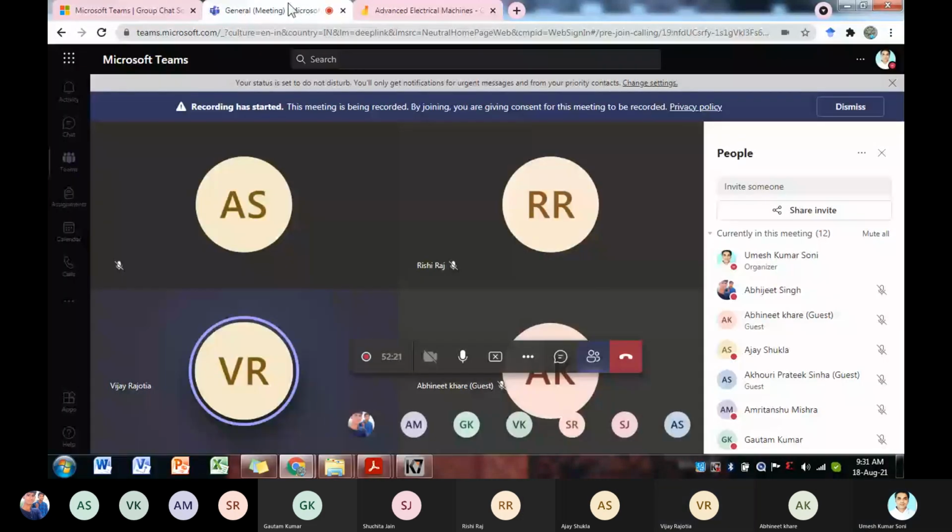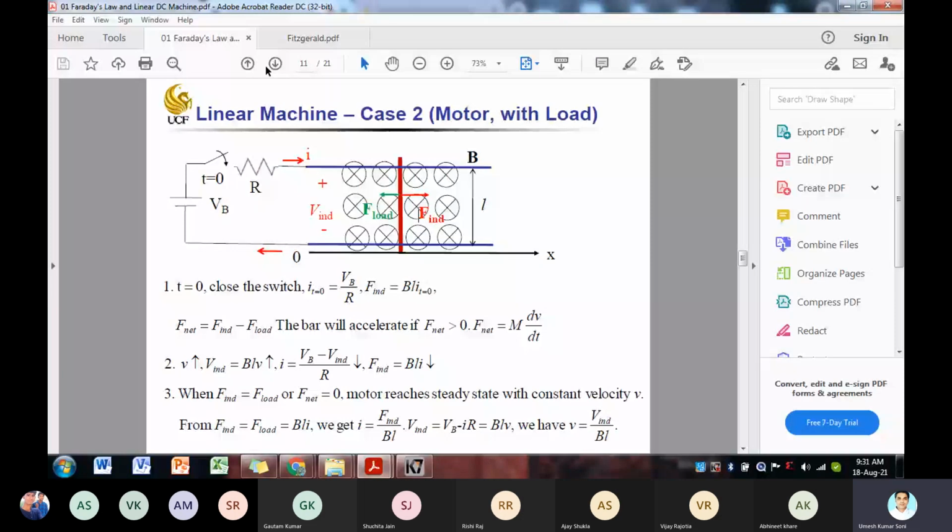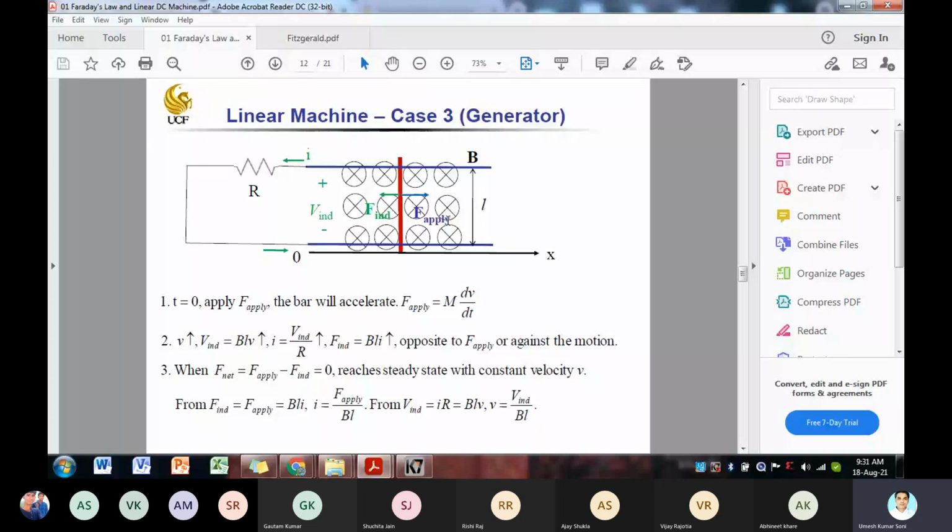So now the case for the generator, this is case 3. Okay, so in case 3 you have externally applied force F applied. In that case you are trying to move the conductor manually by applying external force so that it induces some voltage. Okay, तो आप इंड्यूस्ड मतलब पहले से करंट नहीं दे रहे हैं इसमें,